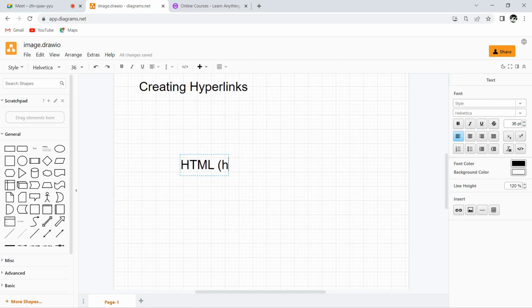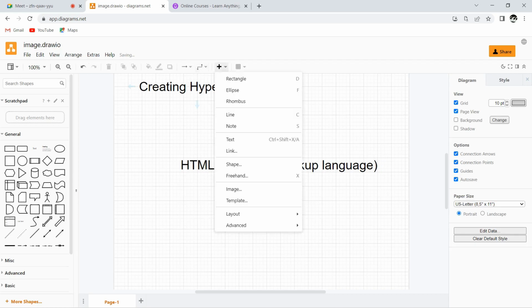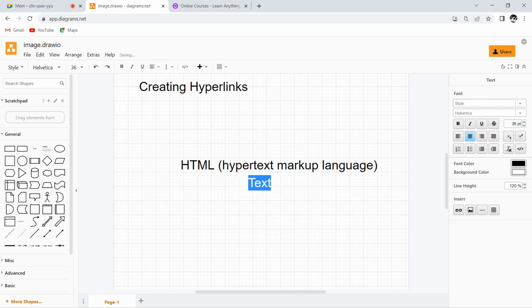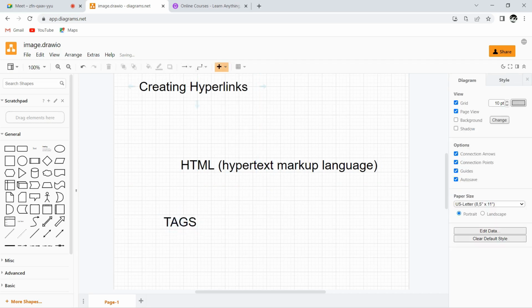So it stands for hypertext markup language, and this consists of text. Okay, text. And now,